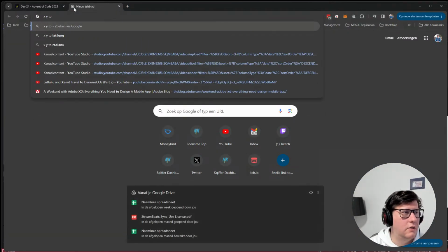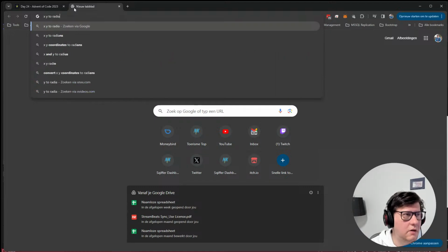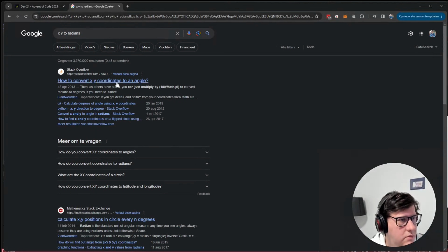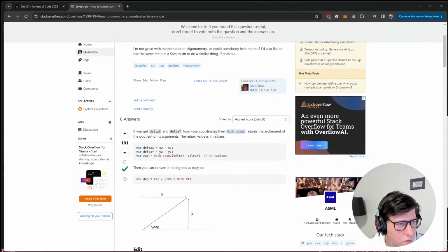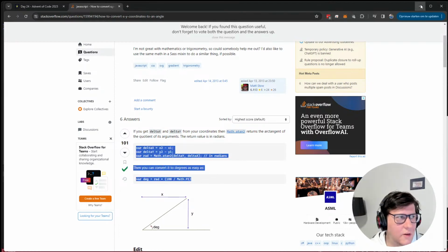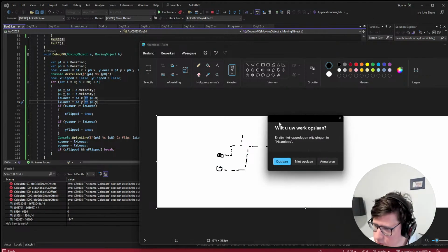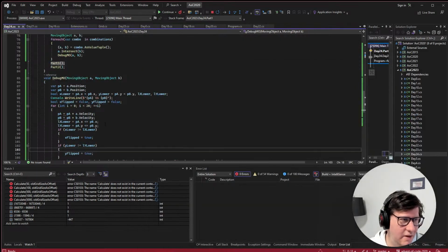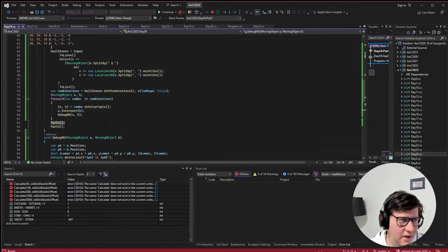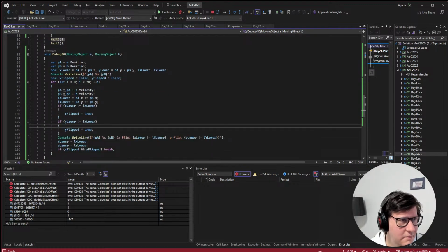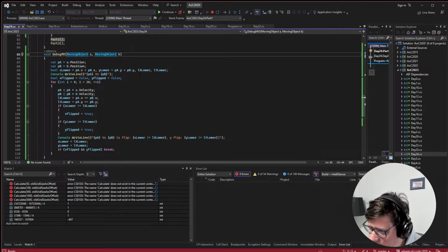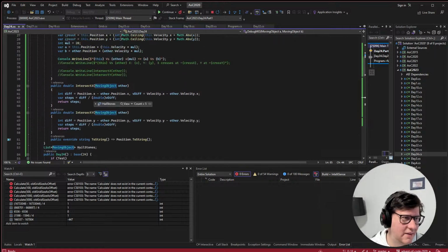X, Y to, is it radians? Converted to degrees is easy, okay. Let me just yoink this one for now. I think a lot of game developers, yeah, but I'm not a real game developer. I've done some small things, but yeah. Let's see. Game dev as well. Yeah, I know, but